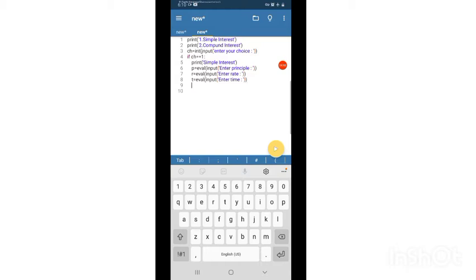Now we can write simple interest SI is equal to PRT. For multiplication we have to write star: P star R star T, PRT by 100.